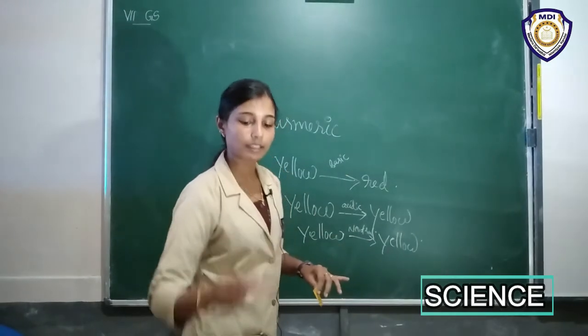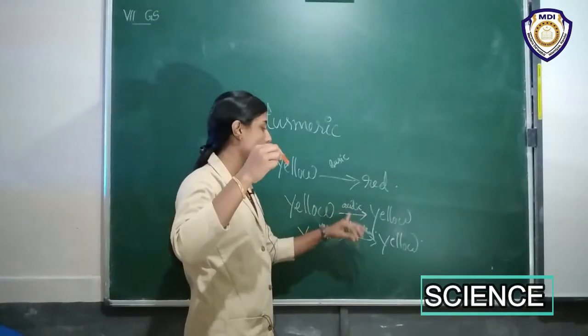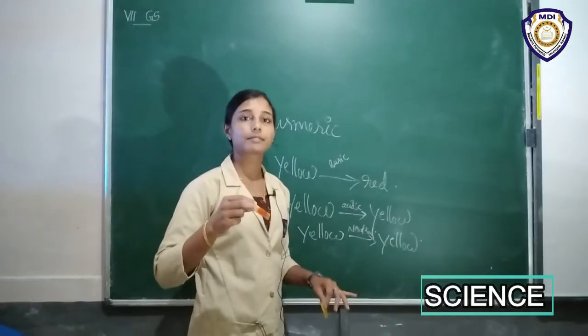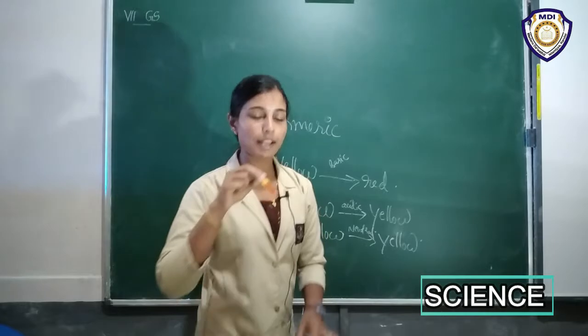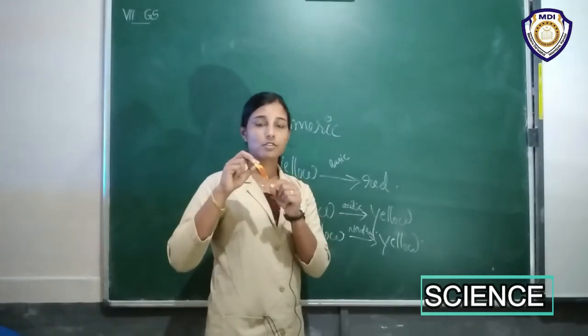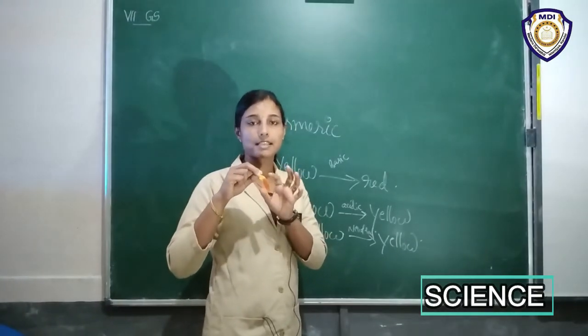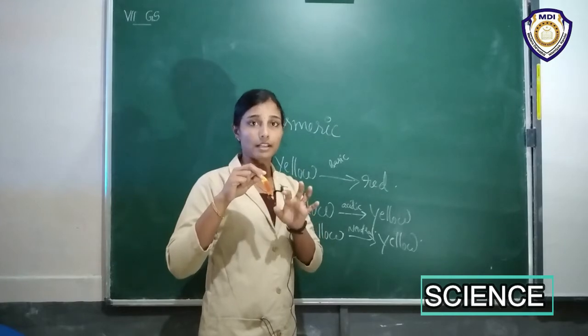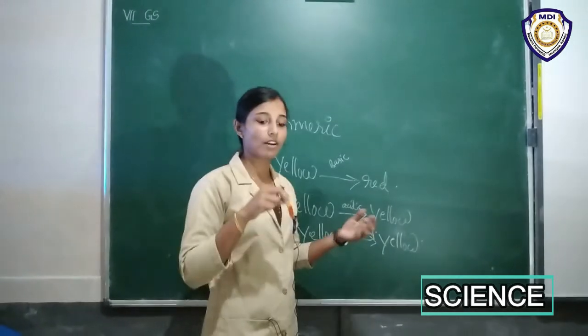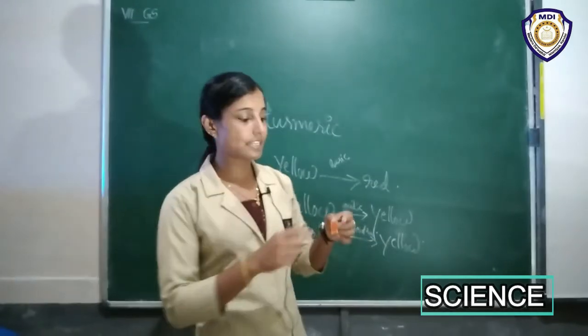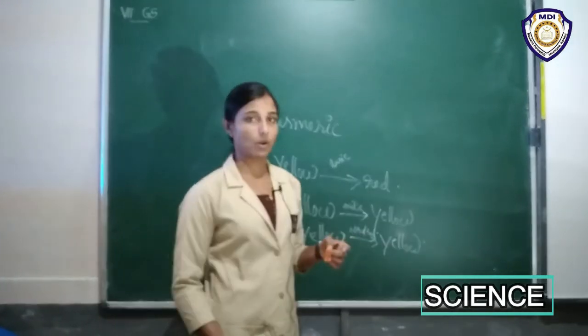Okay, so using this we can find whether it is neutral or acidic. That means when we drop a little detergent solution or soap solution, its color changes into red, right? And when this red is dipped again in an acidic solution, what happens? It will change its color again into yellow.